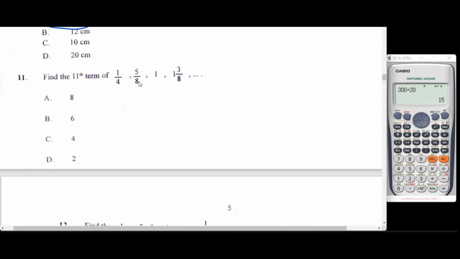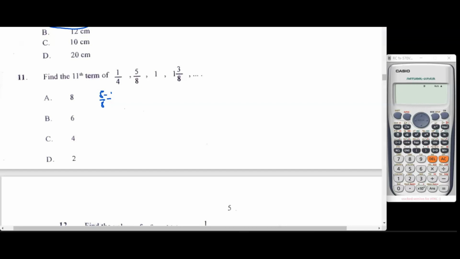So let's first check whether they have a common difference. So we are looking for d. So for finding out, let's use our calculator to make it easier. We are looking for d. So 5 on 8